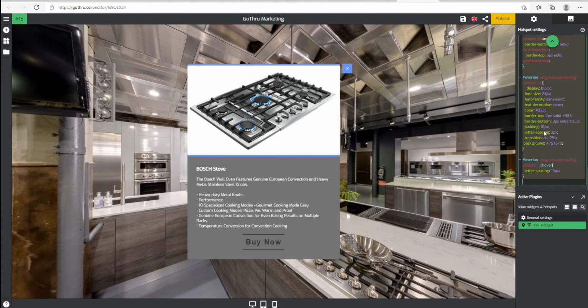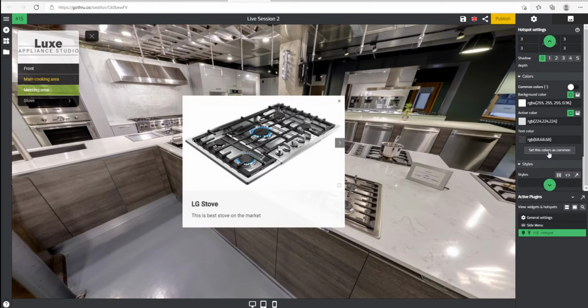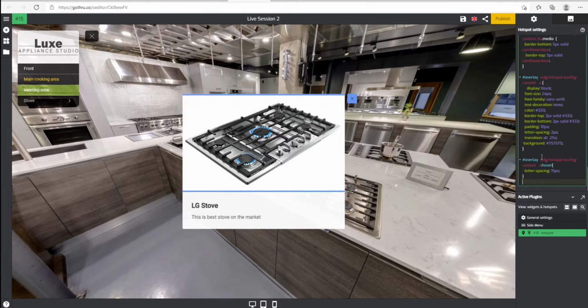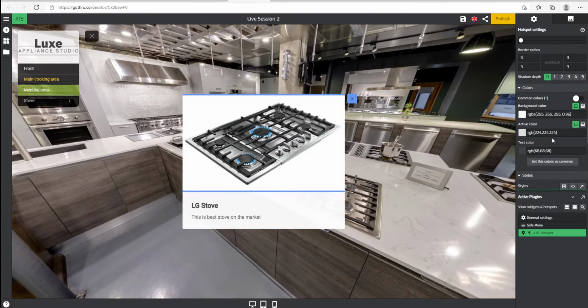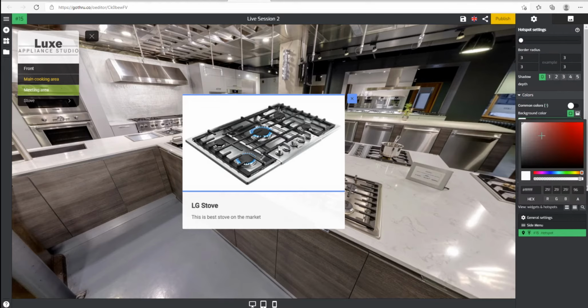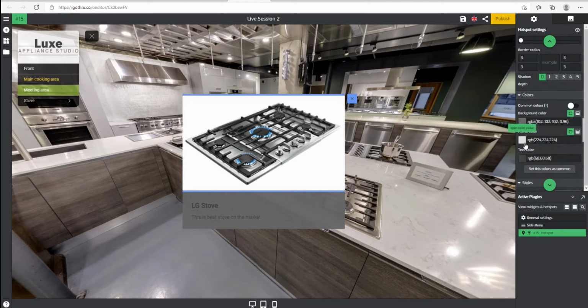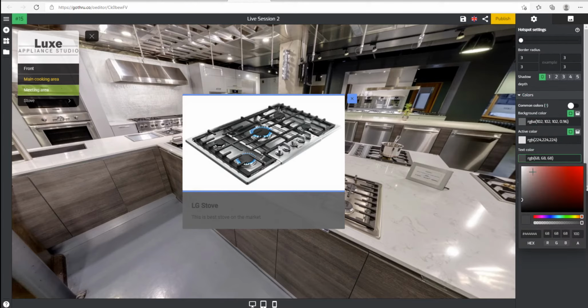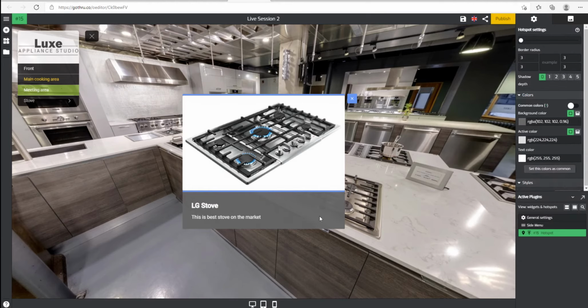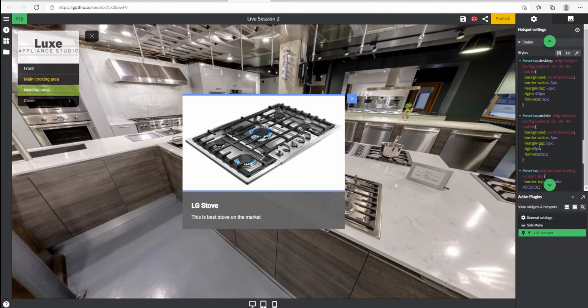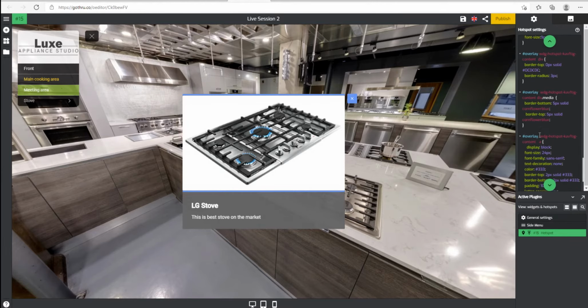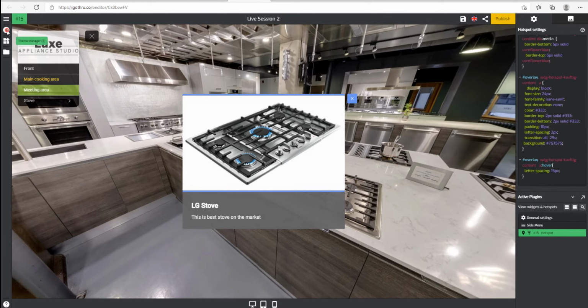And I'm gonna just copy everything from here and paste it inside here. Let's change the background color to gray, like this, and the text color to white. So already it looks better. Now one thing that we used to have, we don't have it anymore, is the